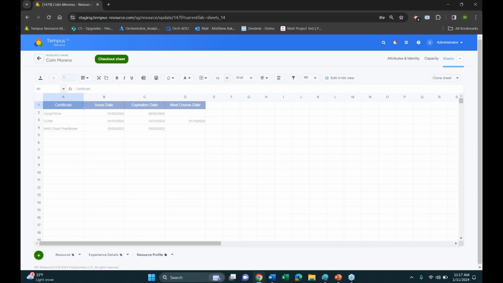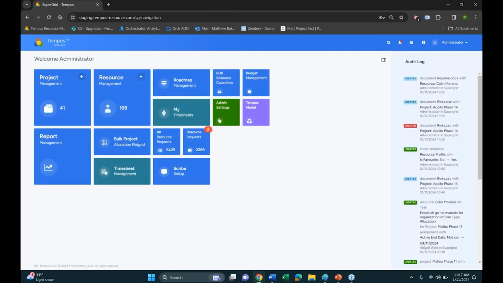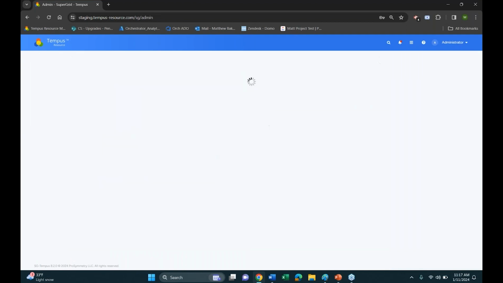So this is very valuable and very useful, especially if you only have one sheet, or if there's a sheet that most of your users are most likely going to navigate to. They can go ahead and just have it as an option to click from, saving the clicks to get there and saving them a little bit more time. And you're going to see that on the same side on the project side of things. So that has been added to the project menu as well. But going back to my sheet template area,